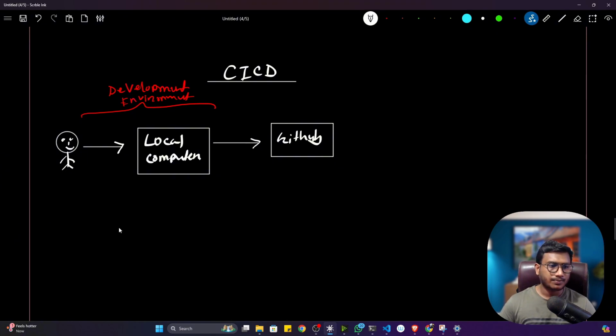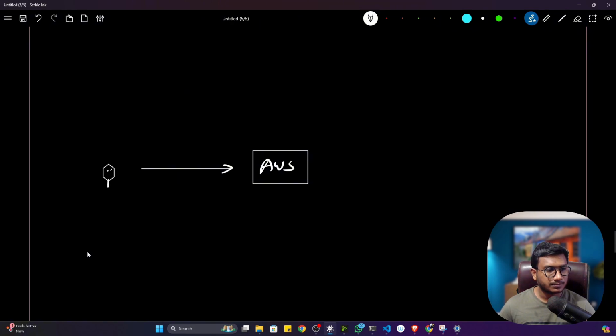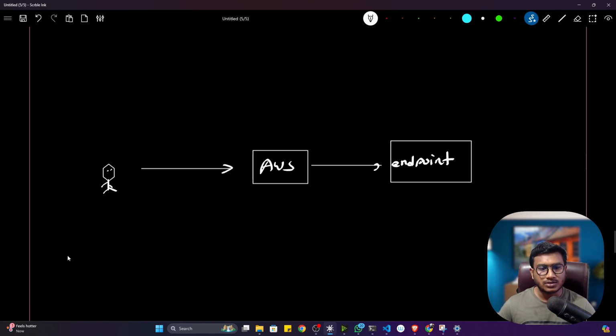After implementing this project, we have to deploy it, yes or no? Let's say somehow you have deployed this project on the AWS cloud. Let's say this is your AWS cloud. You deployed this project to the AWS cloud manually. You just created an instance there, took an EC2 machine, and manually deployed this project. Now it will give you some endpoint. With the help of this endpoint, any user